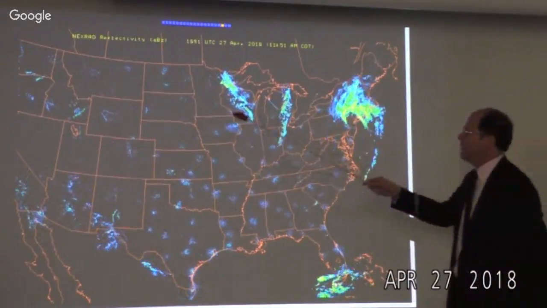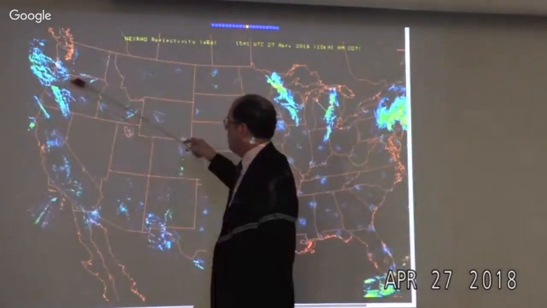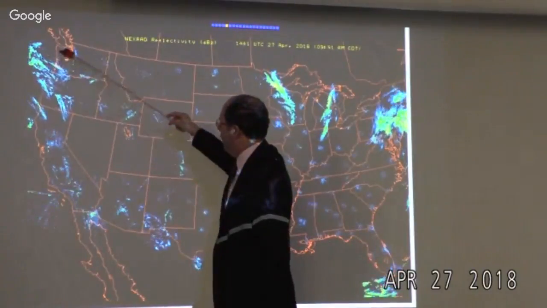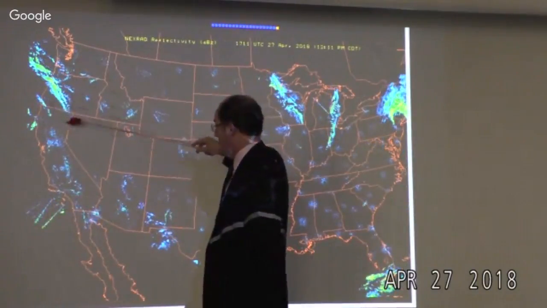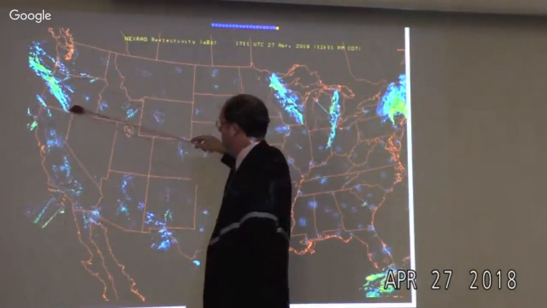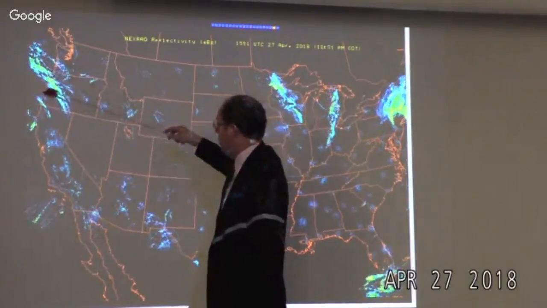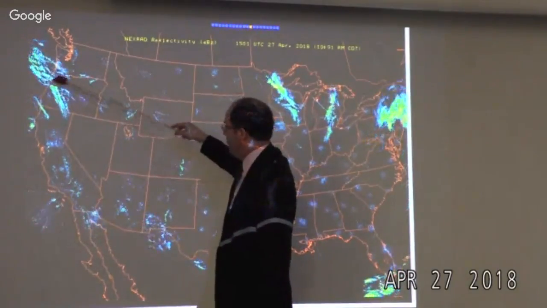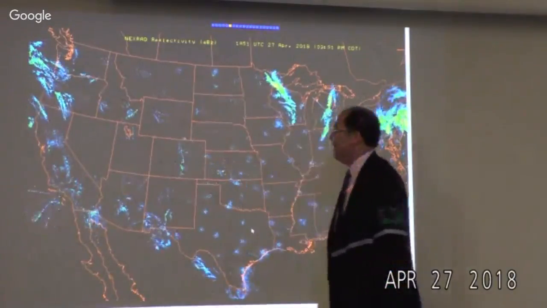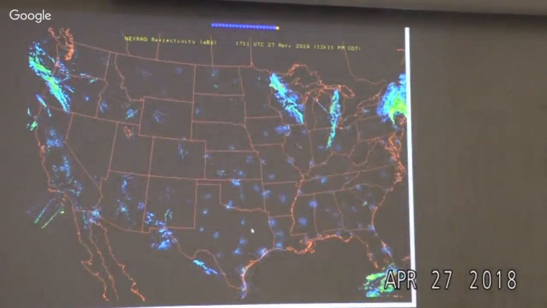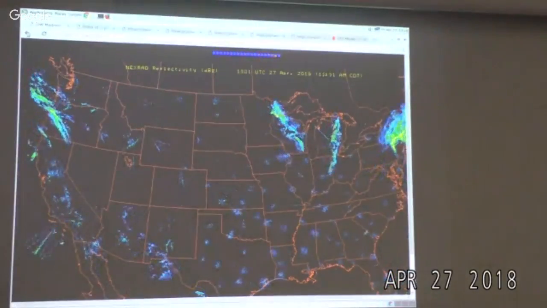And then further to the west, I think you'll see just a little bit of precipitation making landfall over the coast, part of a circulation. It's actually coming across the southwestern part of Oregon and then along the coast of Washington from mid-coast Oregon all the way up to about Olympia in Washington State. Okay, so let's take a look at the surface map too, if we could now, Pete.